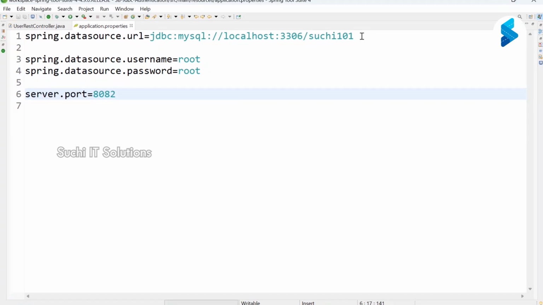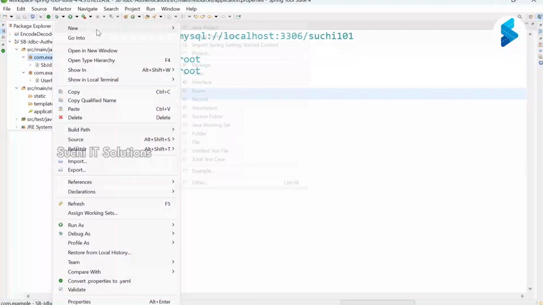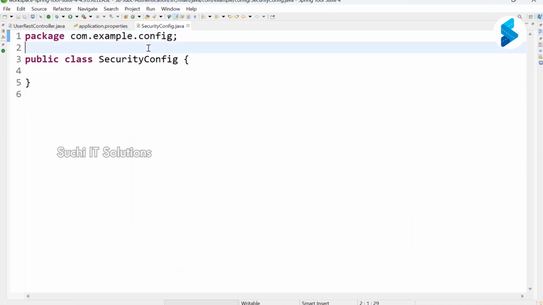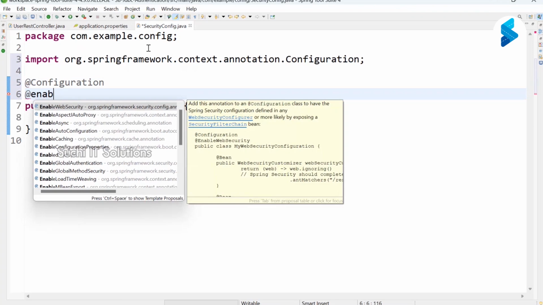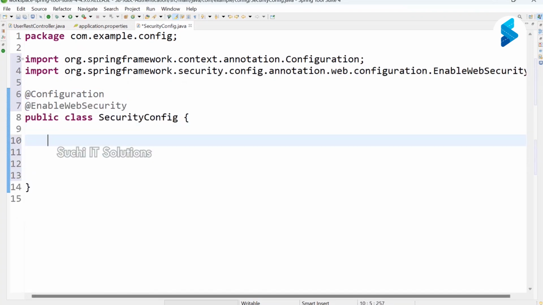Now, let me focus on security, sir. Security, I will configure it. Sir, what is the security? Yesterday we discussed, right, ma'am? Let me try to go for that. Security config, new config, right? Fine. So how to configure then? At the rate of configuration, at the rate of enable web security, right, sir? Then here I can try to mention now